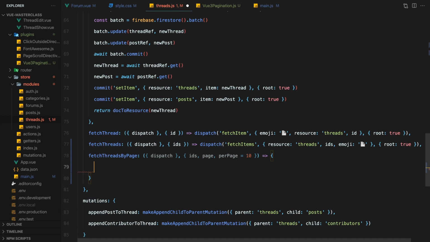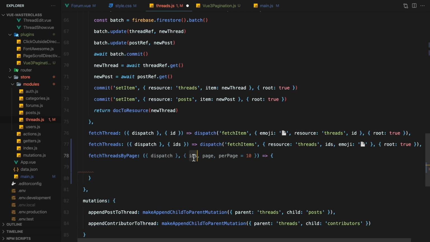You'll notice this looks a little different than the action we had for the user's posts. That's because we've stored the data a little differently, and I want to show you a different approach. Unlike with the user posts, each forum has a key called threads that stores all the IDs of the corresponding threads. That's what the IDs parameter corresponds to here.